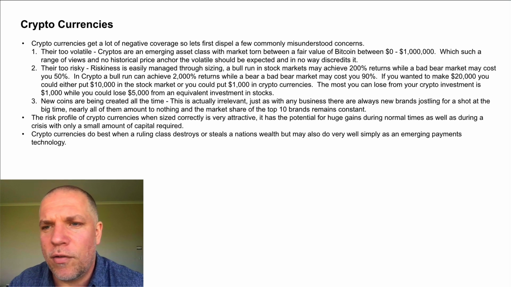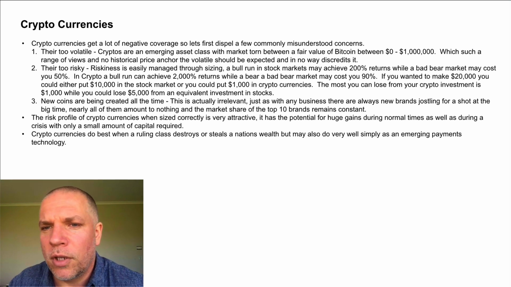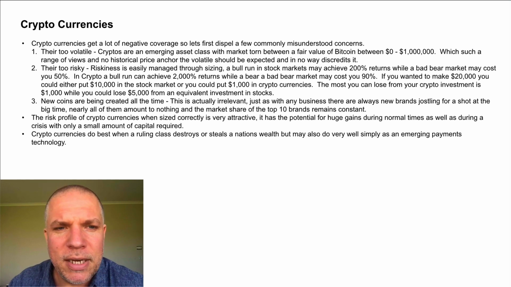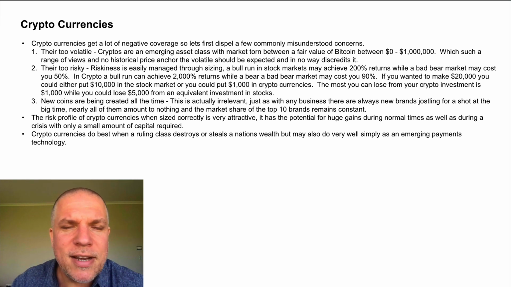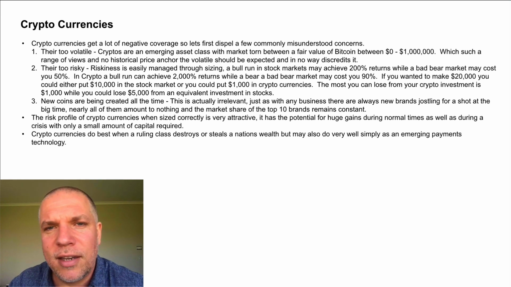It makes total sense. There's no price history, there's no precedent for what it should be worth. You've got a range of expectations that go from many analysts saying it should be worth nothing, to other analysts saying it should be worth $1 million a Bitcoin. So with such a wide range of price, ideology and no history, it makes total sense that an emerging asset class like cryptocurrency is extremely volatile.